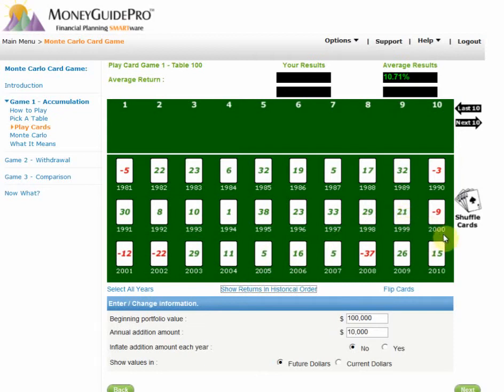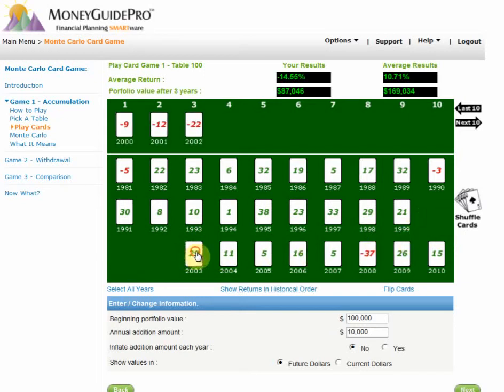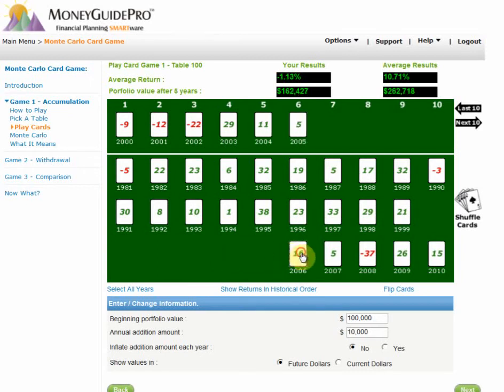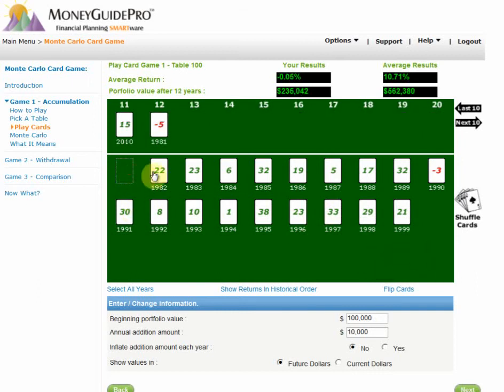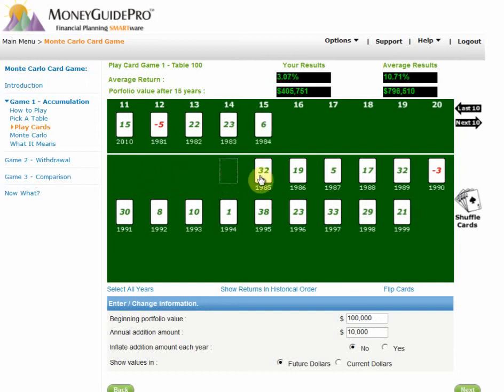And I'm going to say that we start to invest now in the year 2000. So we have some poor years when we start. Okay? So let's go across. And what we see at the end of 10 years, we've actually made nothing in the US stock market. And of course, at this point, you may wonder why we continue on. But let's continue on. And we can see here, after another 10 years,